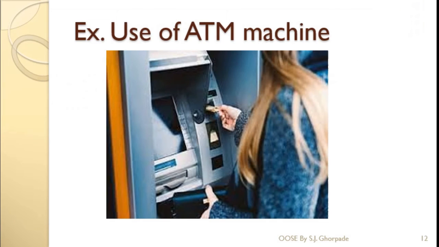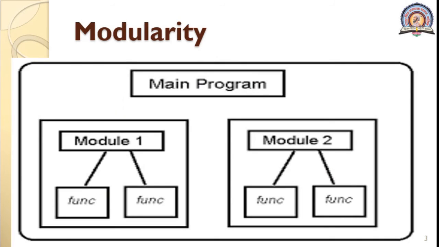A best example is the use of an ATM machine. We all are using ATM machines. We just put the card, insert the pin and do the transaction with the ATM machine. But internally what the functionality is, or what the design of that ATM machine is, no one knows actually. Only the designer team has that idea. So this could be said to be a data abstraction feature, which is one of the strong features in object oriented analysis. Then the second feature is modularity.